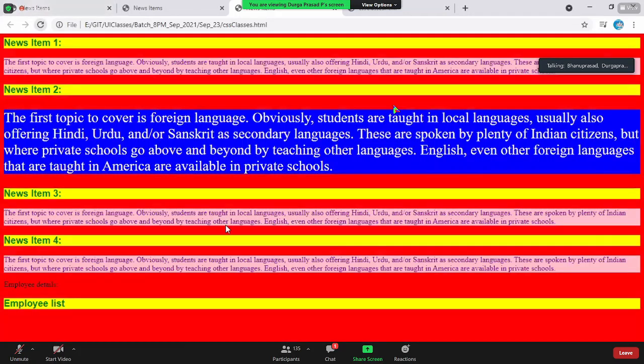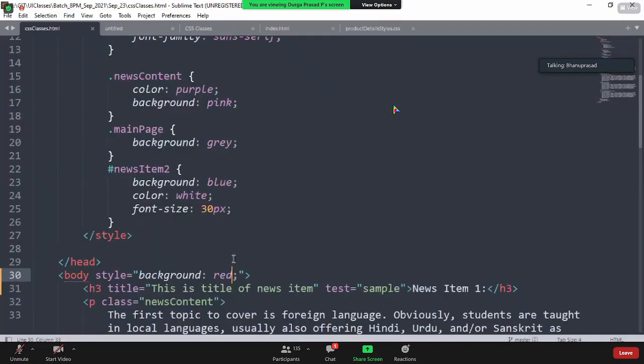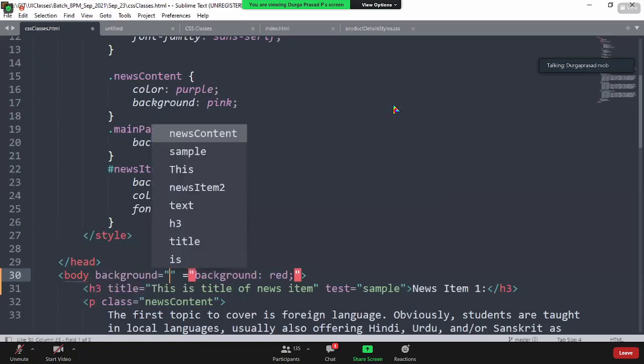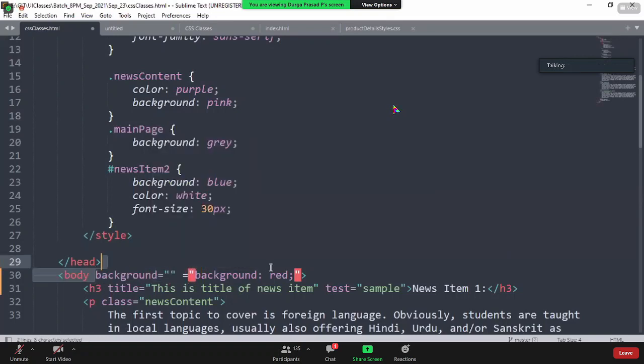I am not asking about CSS, just HTML level. That is where you should be very clear about the naming convention. You mean to say background as an attribute, right? Background is not an attribute, that is the reason it doesn't work. Background is a CSS property. ID is an attribute, class is an attribute. Those attributes can be used, but background is not an attribute, so it cannot be used. Okay. Thank you, sir.